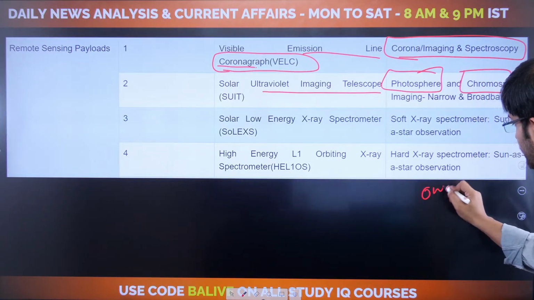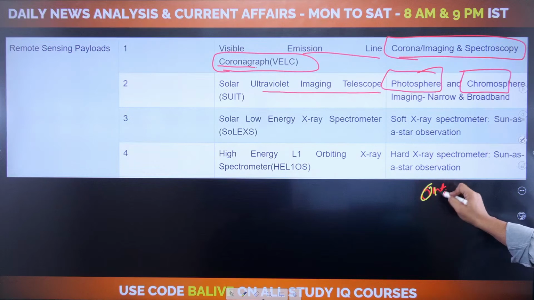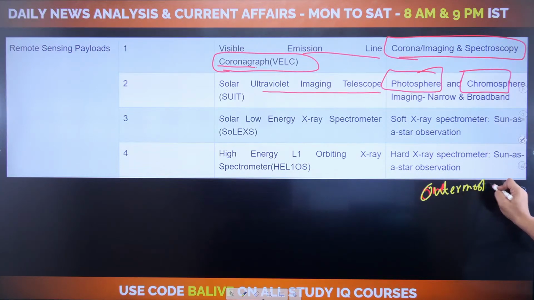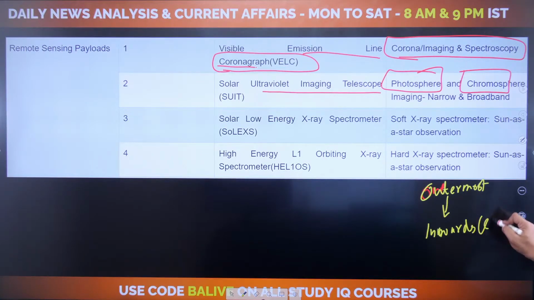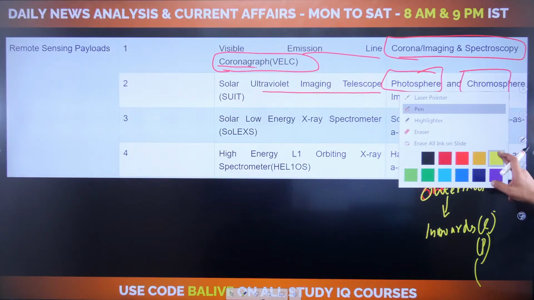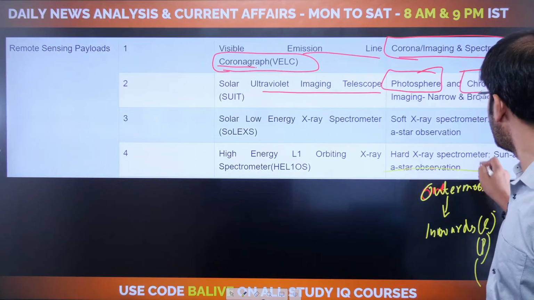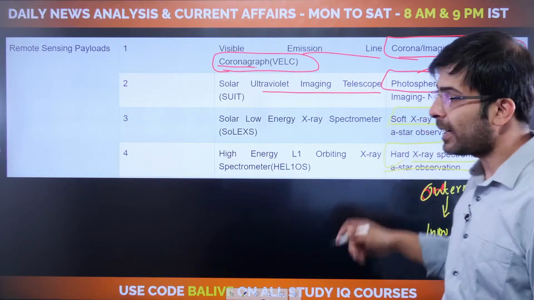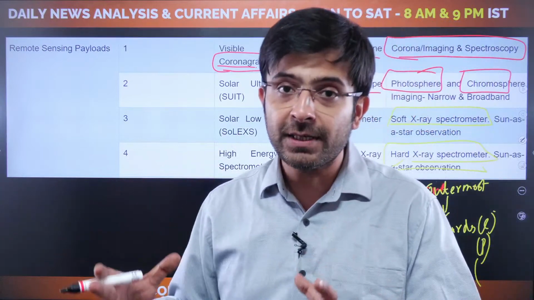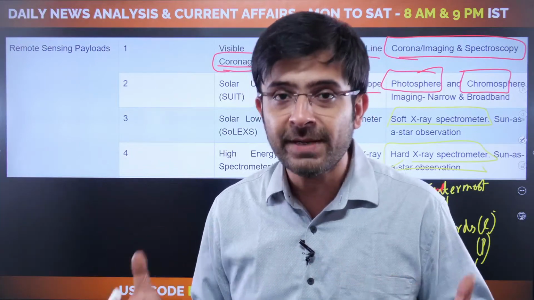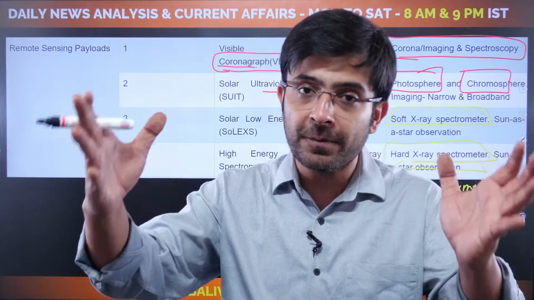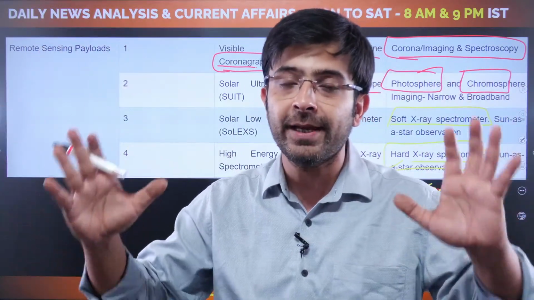Obviously, from the outermost you will go inwards, wouldn't you? If you are sending a space mission, not just the outermost part of the sun, you are going to go inwards after that, which means you first understand the chromosphere, thereafter the photosphere, and thereafter, what's the last one, guys? Tell me. You are also going to look at spectrometry, looking at the star as a whole and its emissions. What are the different wavelengths of emissions? What causes sunspots? How does a sunspot dissipate? All of this can be observed only when you observe the sun up close, unhindered by space debris and everything.